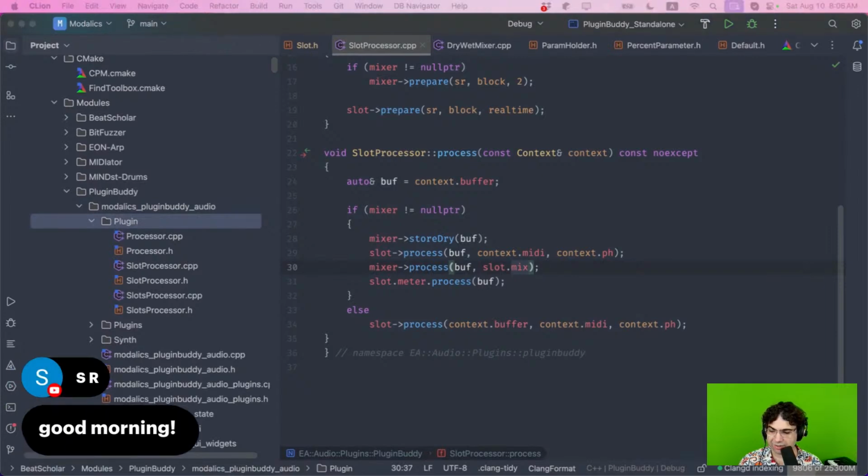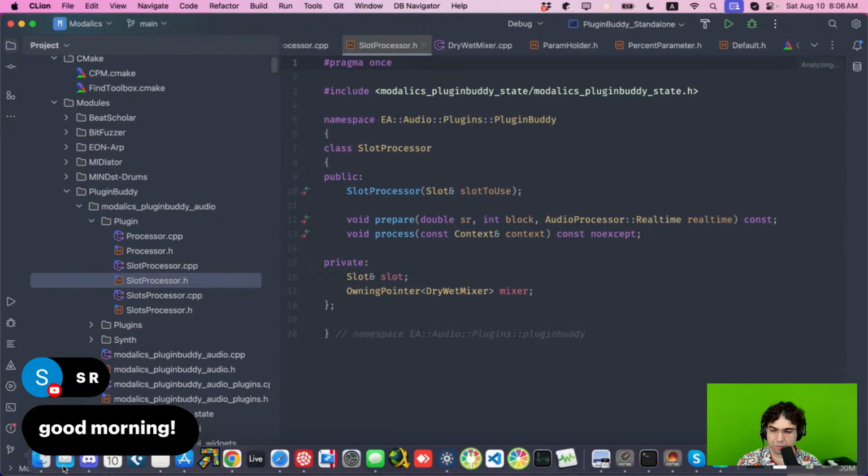Hello SR. Thank you for joining me today. As I've said, I'm working on this little thing called Plugin Buddy, which is a free instrument host and effects host app and plugin. What I'm doing now is fixing something small. I'm fixing the fact that I wanted